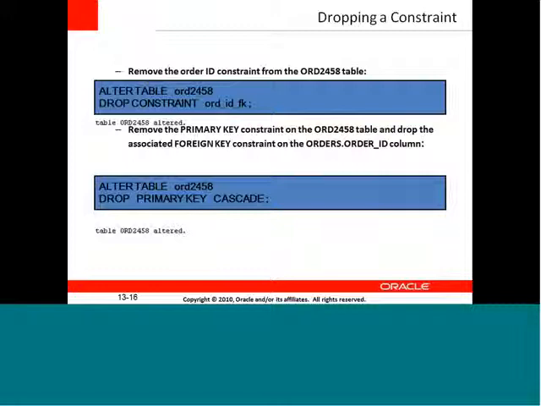When the table is already being joined, or all the other manipulation is done on the table, after that I don't want to do any further manipulation. Hence I don't want the foreign key to be present in the table. So I want to remove the foreign key, and I'm making use of the alter command, that is alter table, the table name, drop constraint. So you are going to remove the constraint permanently from the database.